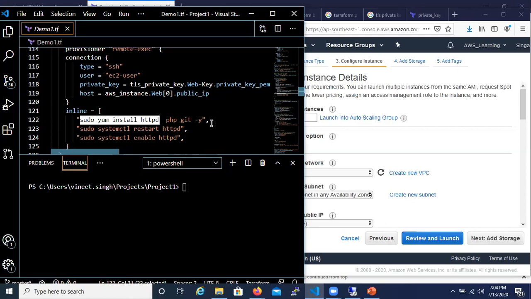This will install the httpd service on my web server instance after it is launched, and I want to start the HTTP service after installation. So I'll enable this, and I want to make sure that every time the system restarts, httpd is enabled. So I'll run this specific command.